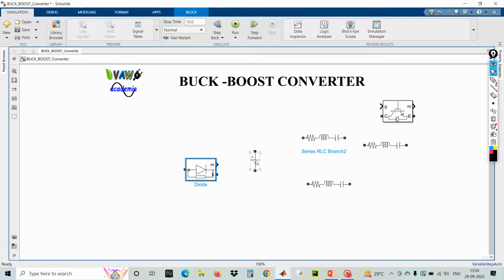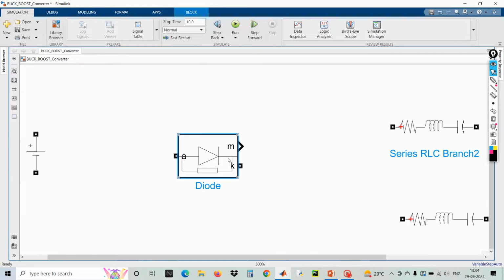If you look at this, in this diode, anode is there, cathode is there, and one more terminal called M port is there. Here I'm not going to use this M port. The purpose of M port is if you want to measure the diode voltage or diode current, you can use this M port with the help of bus selector. As of now, I'm not going to use this M port. Double click it,